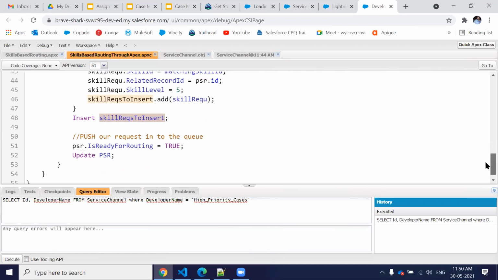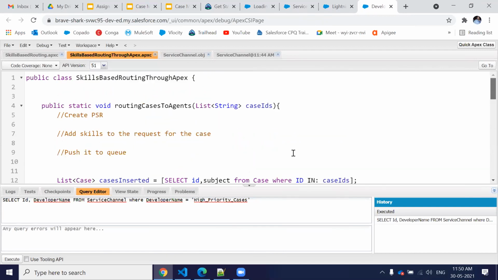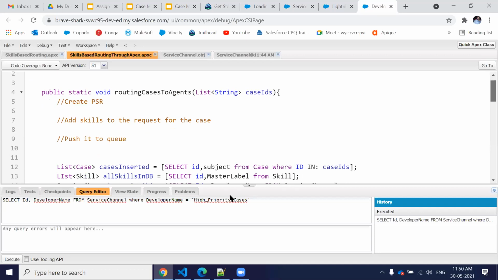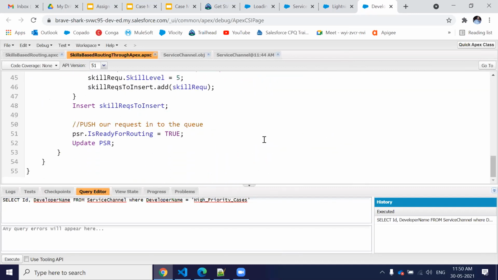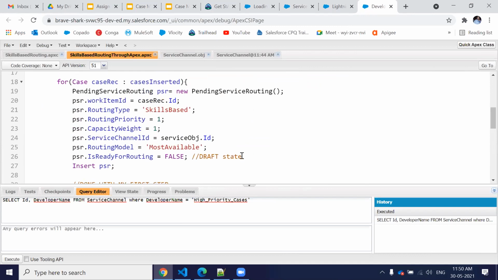So our second step is completed. We have added the skills required to solve the case. And then we have to just push it into the queue. Push it into the queue means, here we are not going to push into the queue directly. We have been holding this in the draft state. We are just releasing this state by sending the true value here.